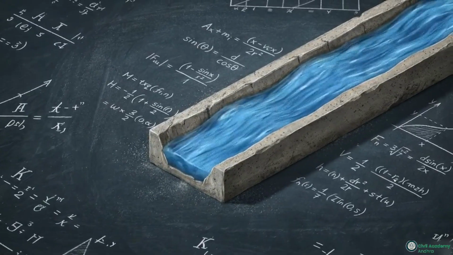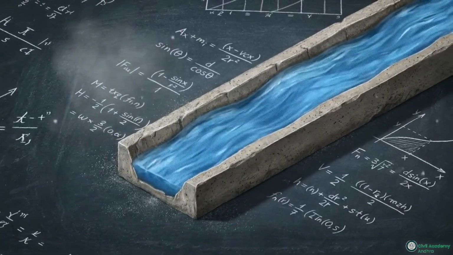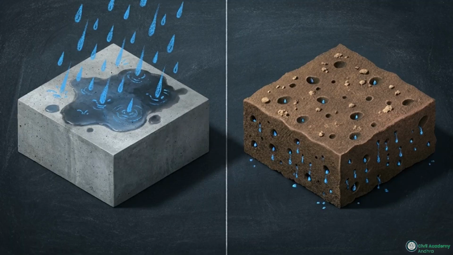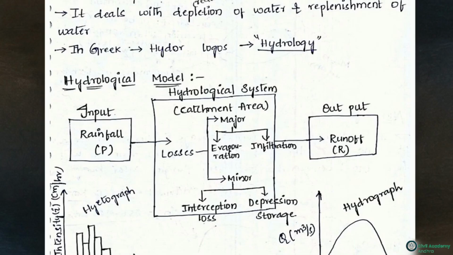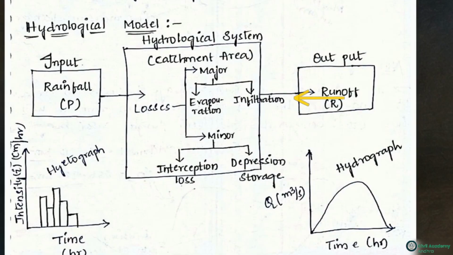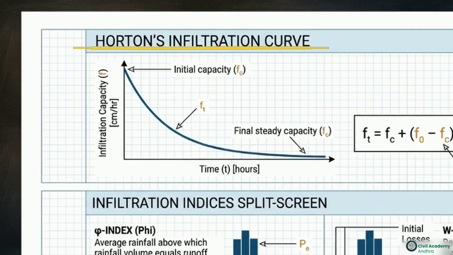To predict how high a river will rise, civil engineers have to solve a single massive accounting problem, calculating exactly how much rainwater will stay on the surface and how much will disappear into the ground. Hydrology rests on this mass balance equation: precipitation minus losses equals final surface runoff. Of all pathways pulling water out, evaporation, canopy interception, or depressions, the volume of water absorbed directly by soil dictates the final runoff. Horton's infiltration curve maps the physical reality of soil absorption.